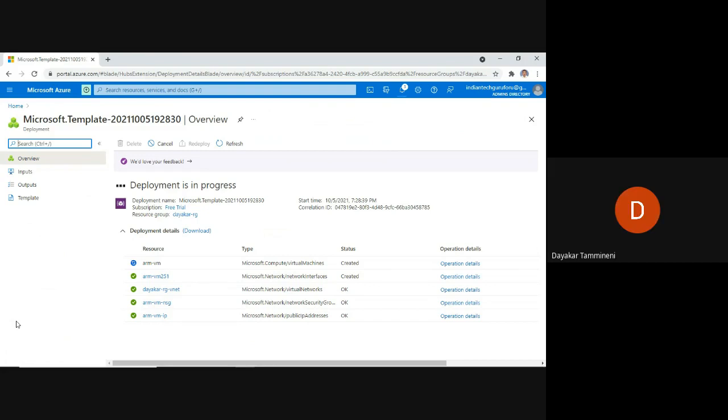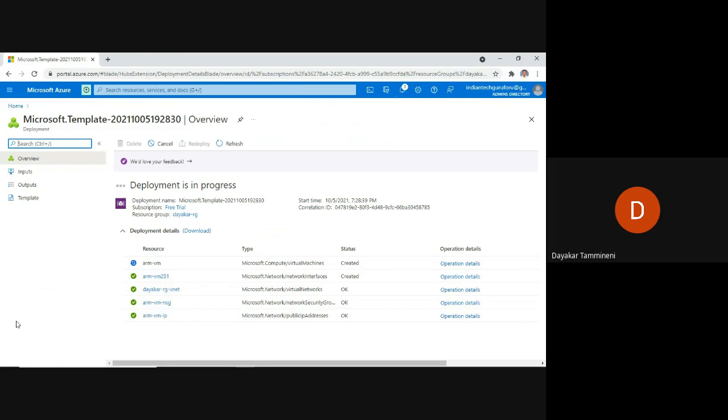Yes, of course. In the industry, according to the company's requirement, they are going to tell you what type of disk you should use, whether it is a premium SSD or a standard SSD. Three types are there. Standard HDD is also there, the standard hard disk drive. But no company is going to use a standard HDD, because it is very slow.